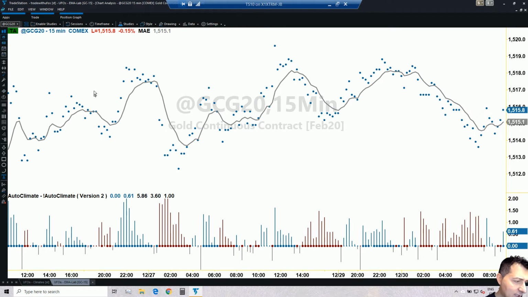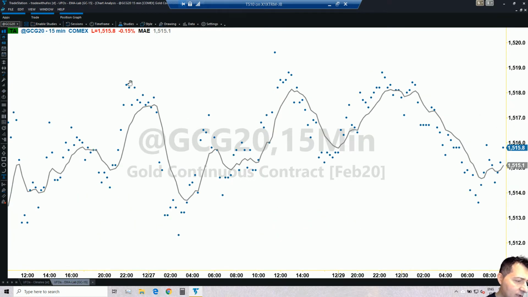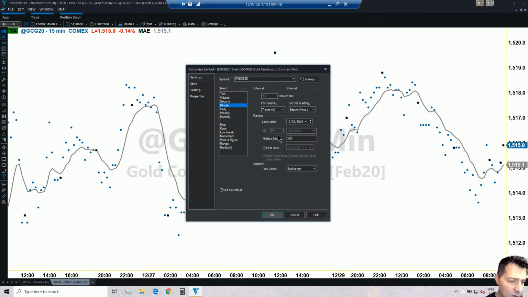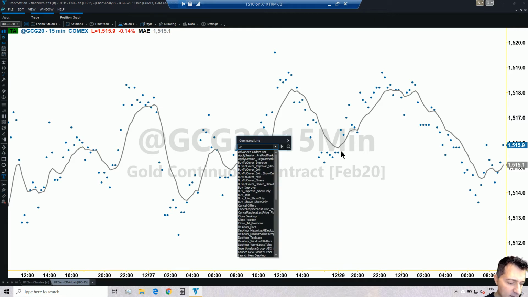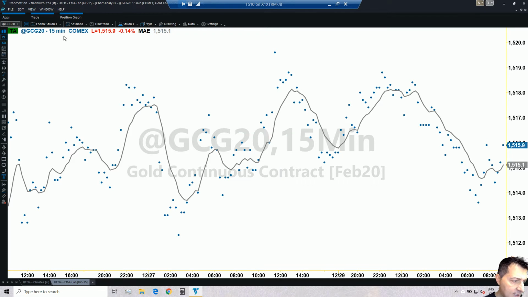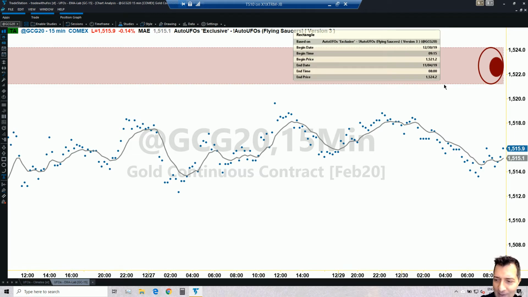Okay, so let's do this. So this time I'm gonna do it right. Okay, I'm gonna disable auto climate. Okay, I'm going to load data all the way to September 2019. Okay, and now I'm gonna use my offline command to work offline. Now I will activate AutoUFOs. Okay, and this now should be able to give me the UFOs quickly with no effort. Here we go. You see how easy it was? I should have done it like that earlier, isn't it?